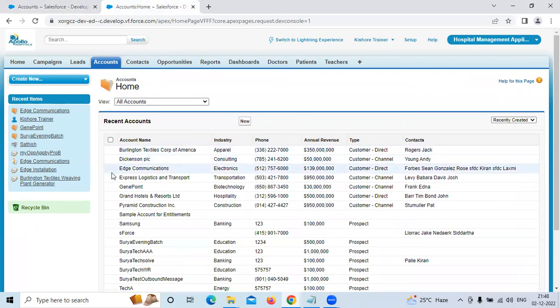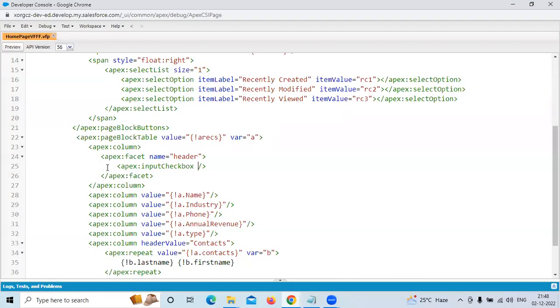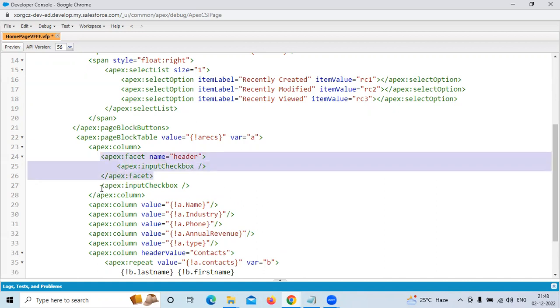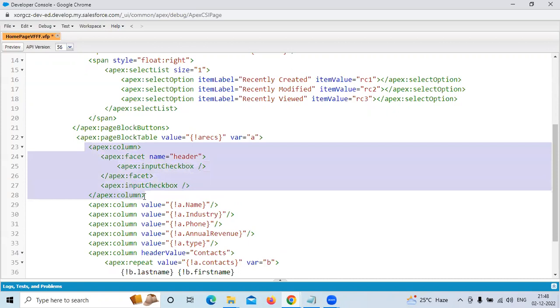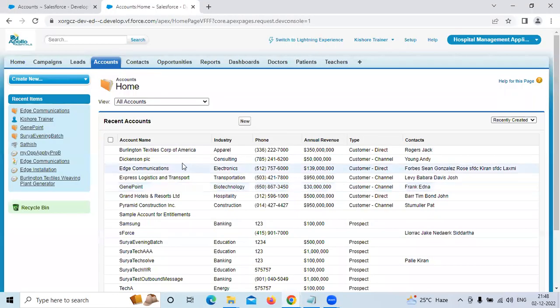After that, do we need multiple checkboxes or not here? Here we need multiple checkboxes. Can I go ahead? After the facet I'm creating, I'm going to create one more checkbox here, throughout the column. Throughout the column, open and closed tag, I'm going to take one more checkbox, which will create the checkbox for the entire column. Look at that. If I save it,